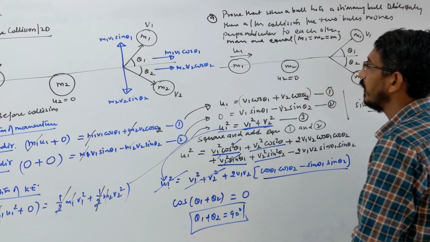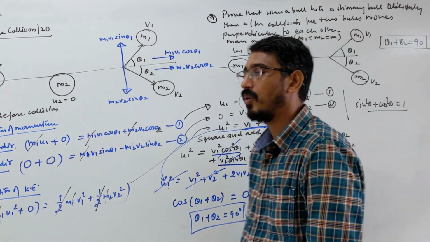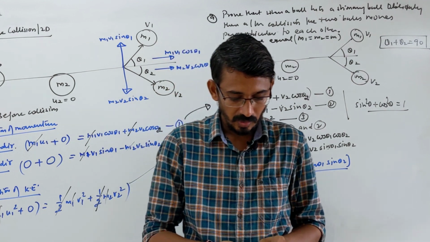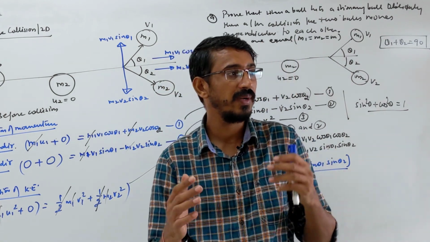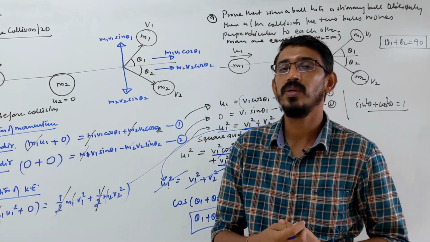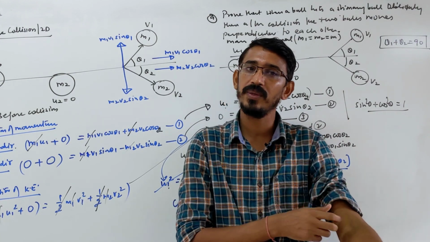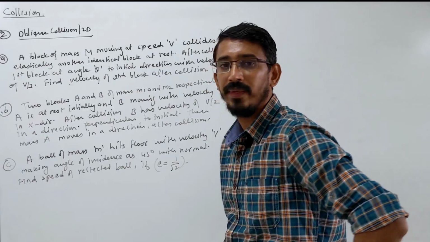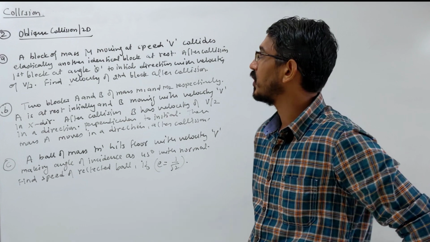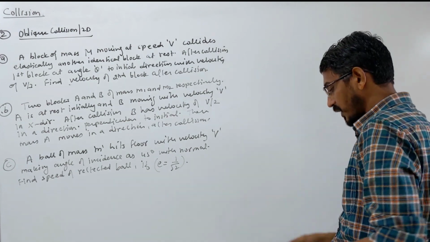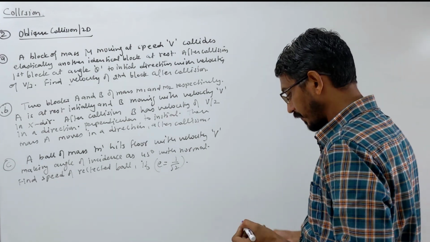Hence we proved that if two similar, identical balls, one ball at rest and the other ball moving with some velocity, collide obliquely, then after collision the two balls will move perpendicular to each other, right? So we are doing some problems based on oblique collision. A few examples are in front of you, let's do them.